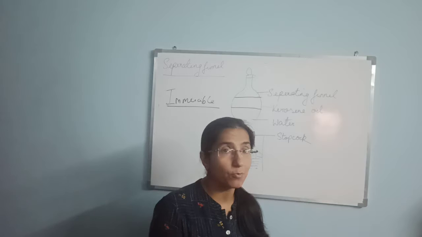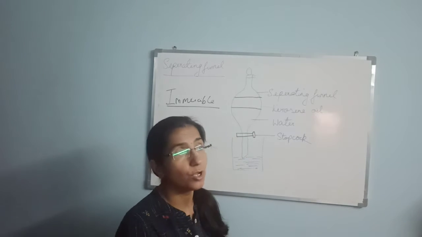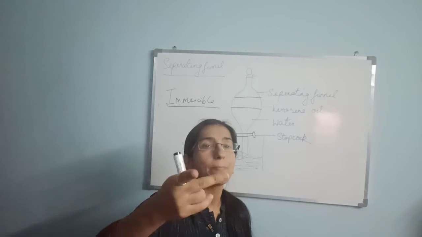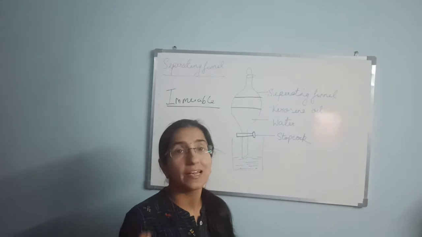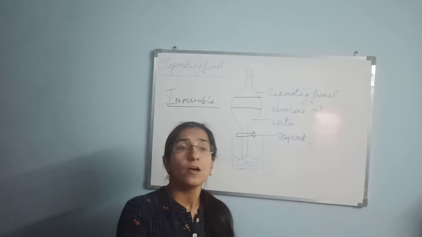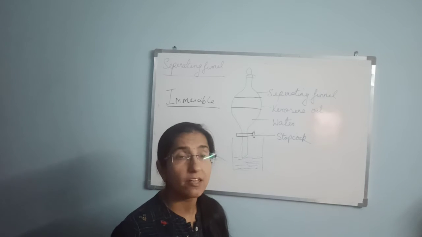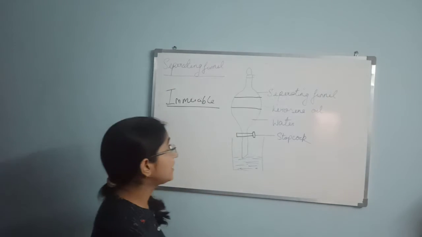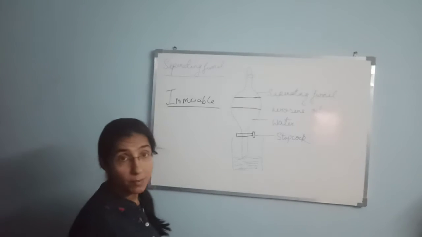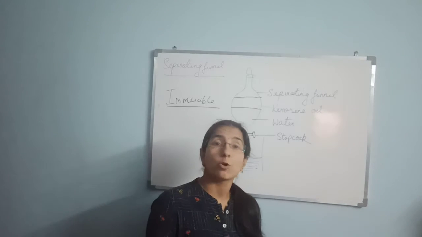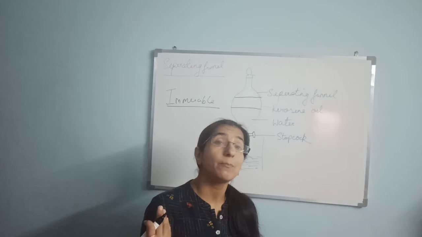I have explained homogeneous before, I had uploaded a video on that also. Homogeneous means when two substances completely form a uniform composition. They completely mix with each other. For example, sugar and water, salt and water completely mix together and form a homogeneous mixture. But immiscible liquids are a pair of liquids that normally do not mix with each other.